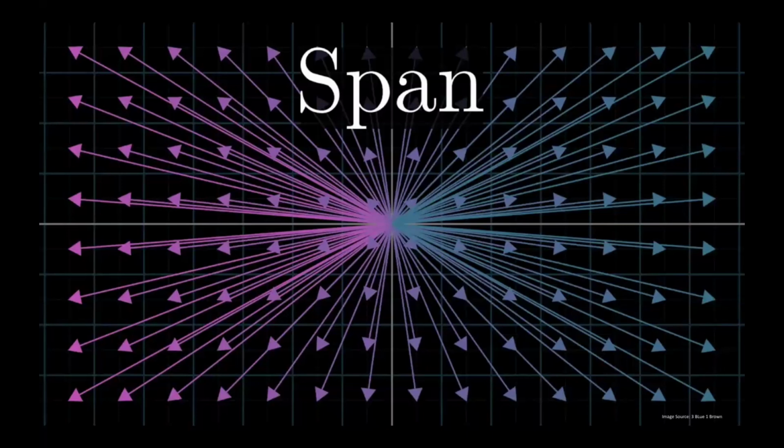Now, after vector spaces, let's look at the concept of span of vectors. As you can see in this image, it's basically a set of all the linear combinations of a number of vectors. And understanding the span helps us know what parts of the space we can reach with our vectors, which is very crucial for solving linear equations, optimizing systems, and even for understanding the capabilities of machine learning models.